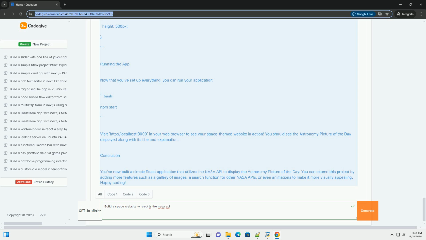Step 3. Creating components. Now, let's create a simple component structure. For this tutorial, we'll have a main component called App and a child component called NasaImage. 1. Open the src directory, and create a new file called NasaImage.js. JSX